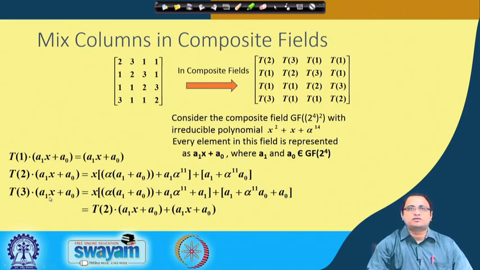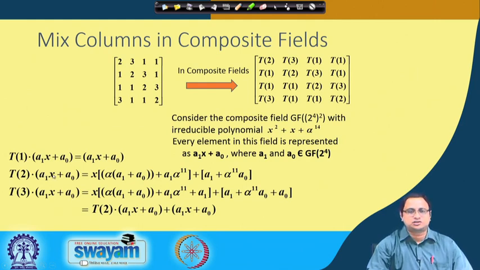So, therefore, I will take now alpha x to the power of 11 and alpha x plus alpha to the power of 11 and multiply it with A1x plus A naught. Okay. So, again I leave it as an exercise to check that this equation will be satisfied. You can observe that there will be instances when you get x squared, but that x squared needs to be